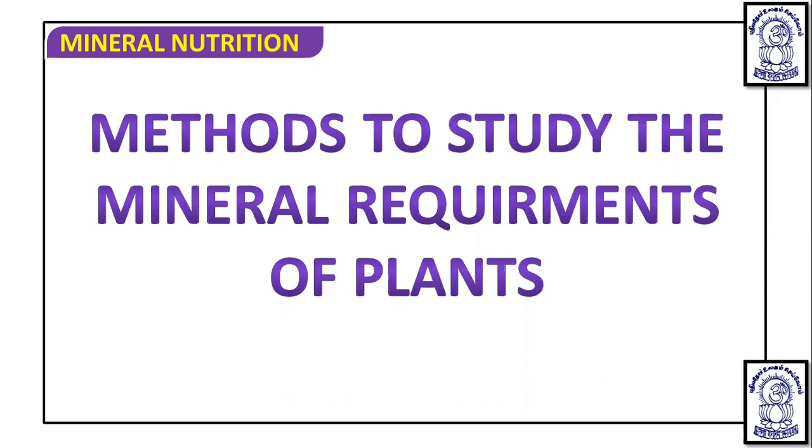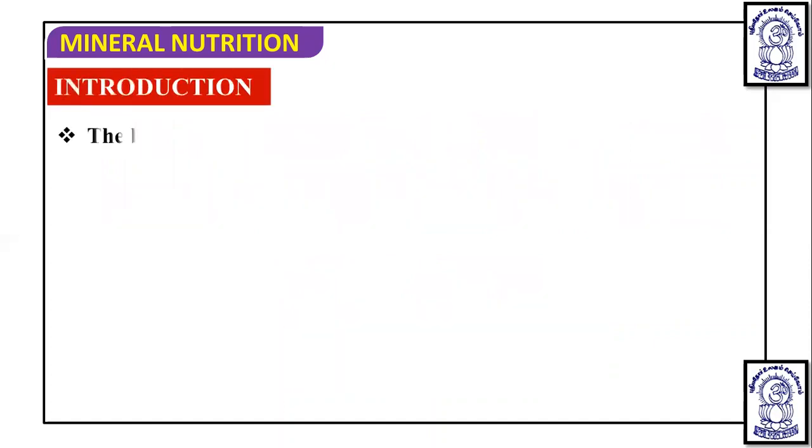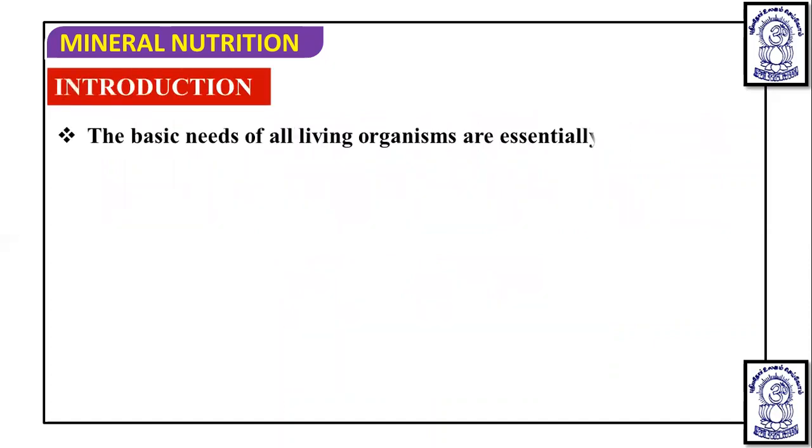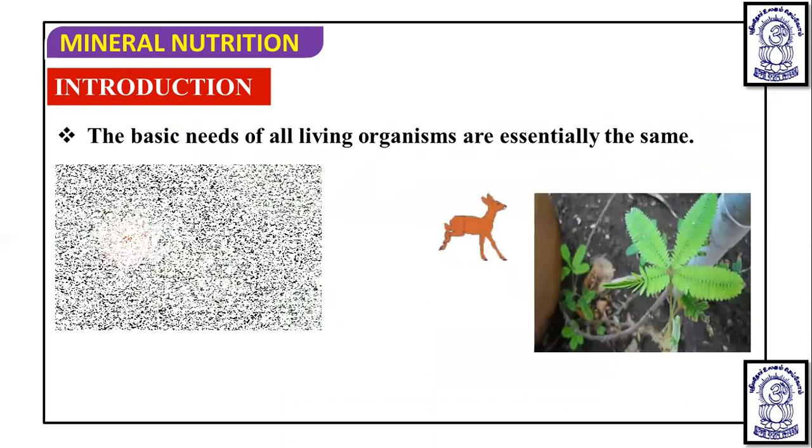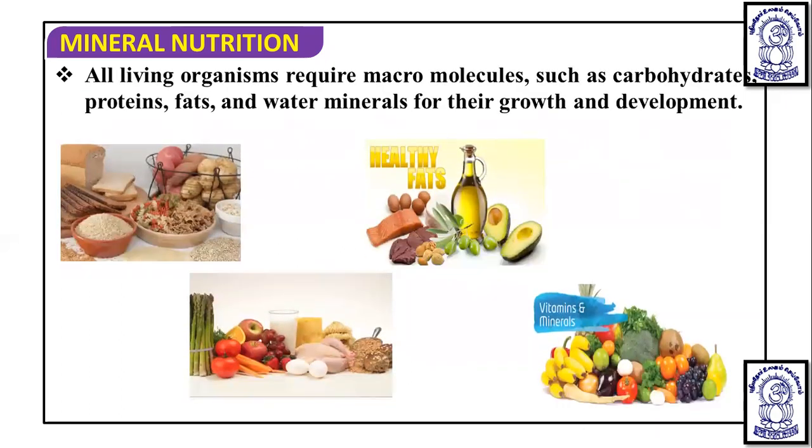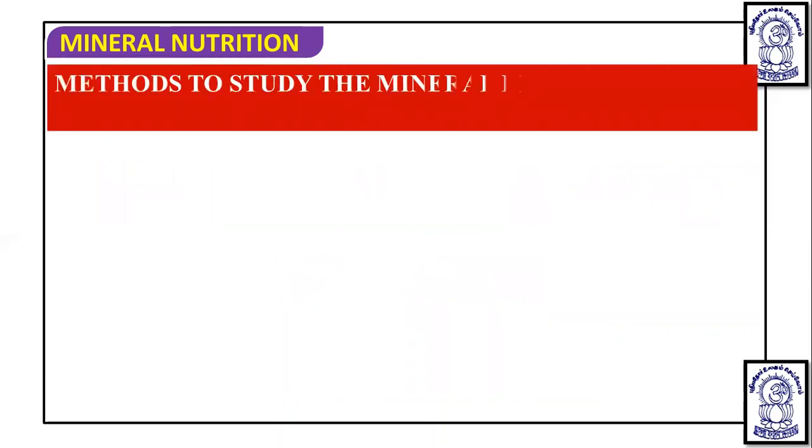So if you talk about the methods which help us to study the mineral requirement of the plant, the basic need of the organism is essentially the same, as we have just discussed. Whether it is plant, animal, or bird, all living organisms require macromolecules such as carbohydrate, protein, fat, and water molecules for their growth and development. Now, if we talk about the methods to study this mineral requirement of the plant,